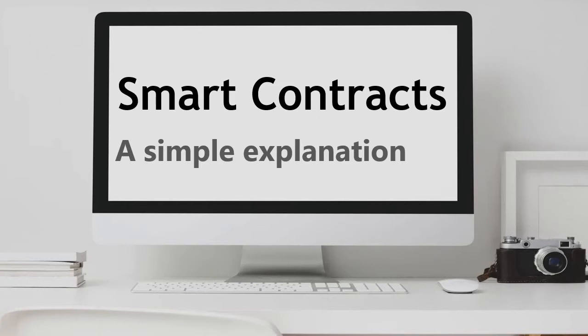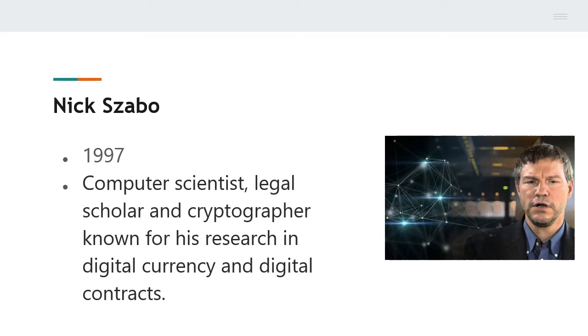So when were smart contracts first mentioned? There was a gentleman called Nick Szabo, who's a computer scientist, a legal scholar and cryptographer known for his research in digital currencies and digital contracts, who mentioned smart contracts way back in 1997. Now Nick Szabo is very interesting. Many people think that he is either Satoshi Nakamoto, the founder of Bitcoin, or that he's part of the group that labeled himself Satoshi Nakamoto. He has denied this on multiple occasions, but very much a very interesting